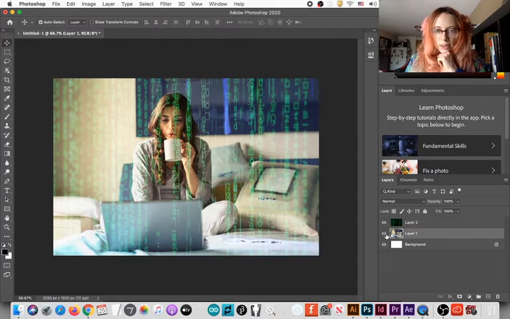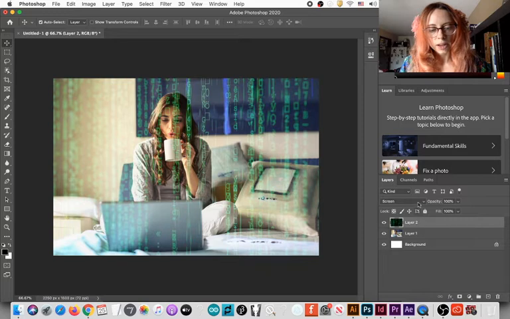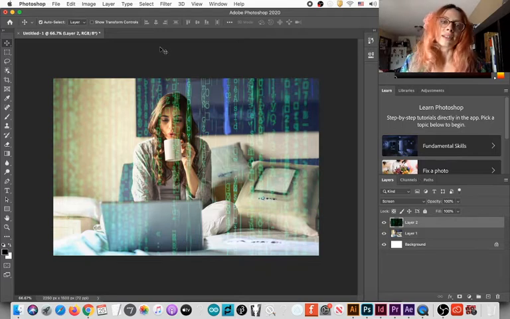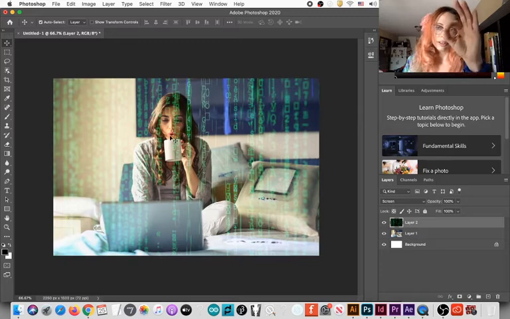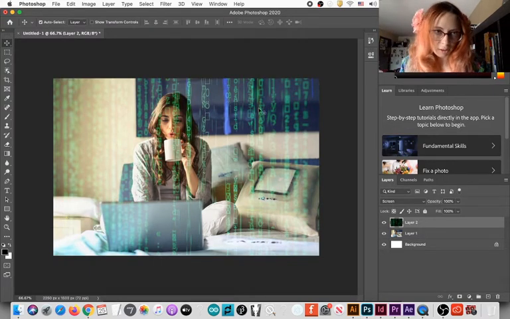Let me hide this one for a second. I don't like the green color, or do I like the green color? Let me keep it this way. The way that Photoshop thinks is not vector like Illustrator, it is bitmap. So that means that each and every dot on this canvas has a color value and not like a dot and a direction that is going towards like the vector we saw before.